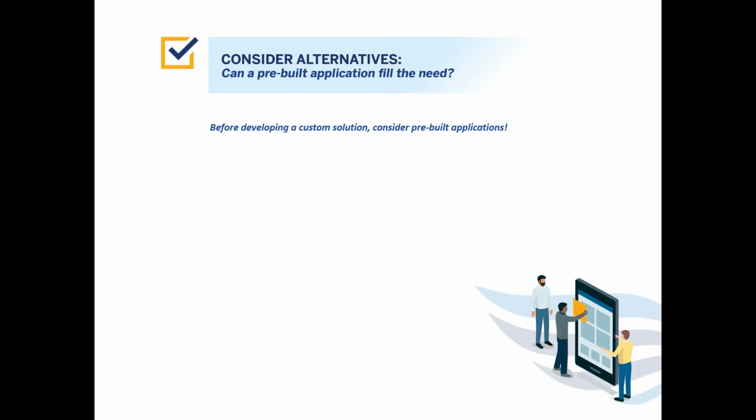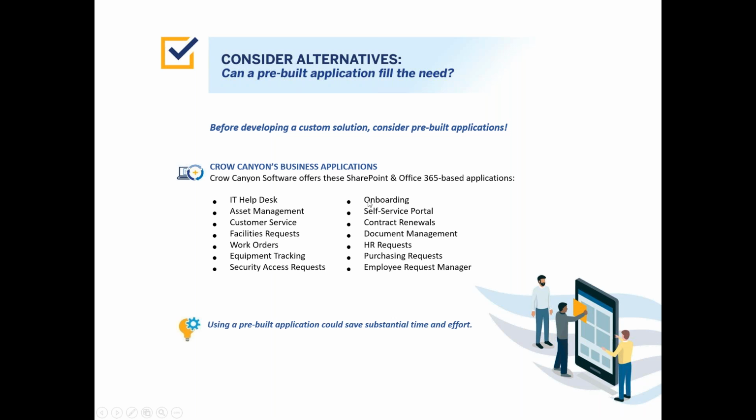And then one thing that we say here, and of course this is a shameless plug for Crow Canyon applications, but it is a Crow Canyon webinar. So anyway, if you have something that can just be automatically replaced by one of our applications, go ahead. I mean, why rebuild it if it can be used? If you have a request management system that is already pre-built, ready to go, running on SharePoint or Office 365, then why not just substitute that in instead of rebuilding the whole thing from